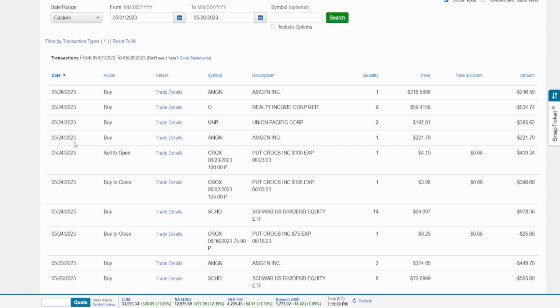And also on the 24th, I did a few more buys in Amgen. I only bought 1 share. And then UNP, I bought 2 shares. And then Realty Income, this thing, guys, fell under 60, and you know my rule when it comes to Realty Income: if it's under 60, I'm buying. $59.41 for 9 shares. And as of today, as I'm recording this, the 26th, I bought one more share of Amgen at a price tag of